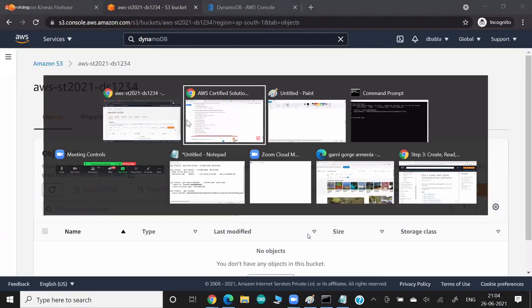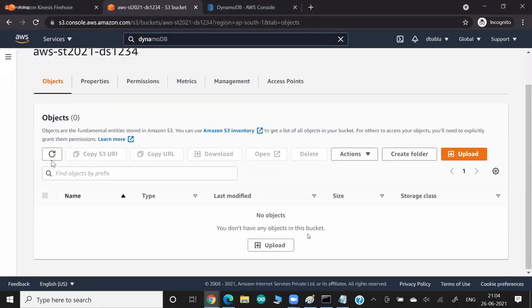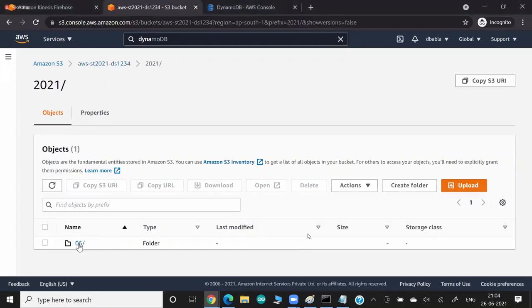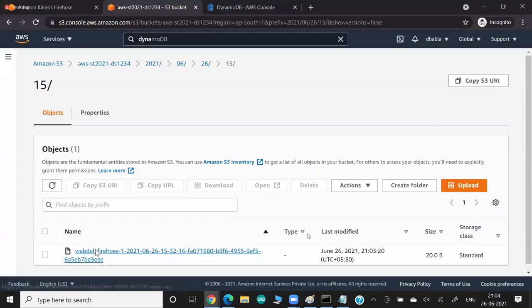Now if I go to S3 again, if every IAM role is good, this will come up. And guys, it automatically creates per month, per year partitions. So 2021, 6th June, today's date. They create this file, and if you try to open this file,